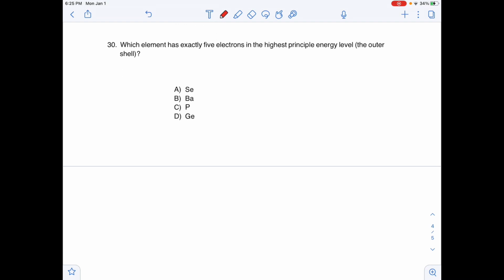For 30, it says which element has exactly 5 electrons in the highest principal energy level, which is the outer shell. So when you look at all of these on the periodic table, the correct answer is going to be phosphorus, and this is because phosphorus has 5 valence electrons. And we know that valence electrons are the electrons in the outermost shell. So if phosphorus has 5 valence electrons, that's how many are going to be in the outer shell. So C is the correct